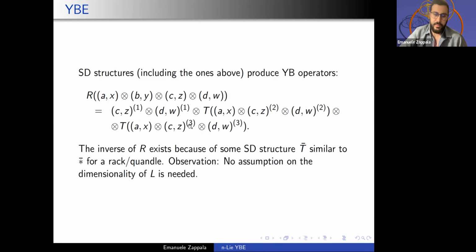And as you can notice, up to here there is no mention whatsoever of dimensionality. So this thing goes through no matter what Lie algebra you take. If you take something that is infinite dimensional, it just works. I mean, there is no problem with that. You just need to construct your T bar, and everything goes through.